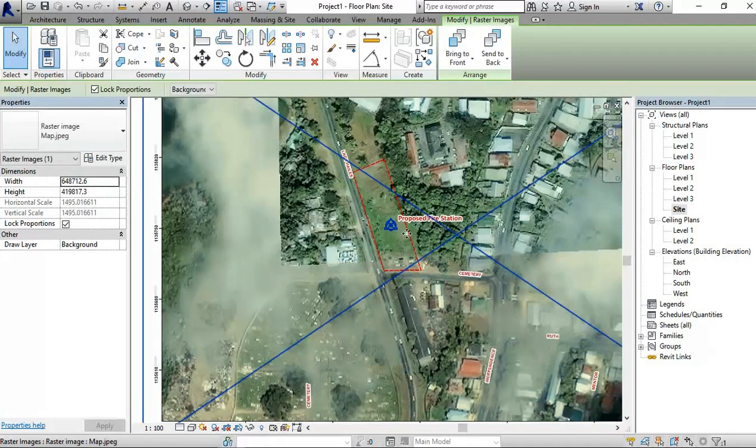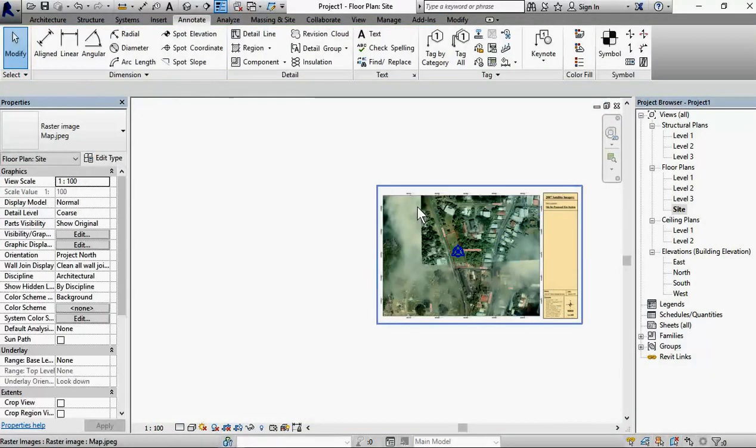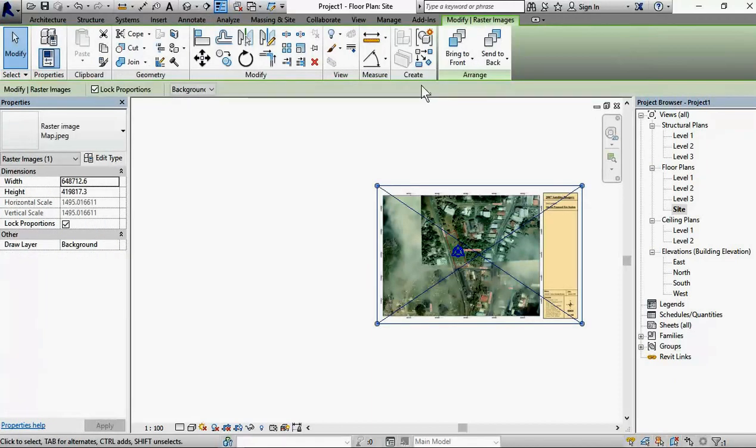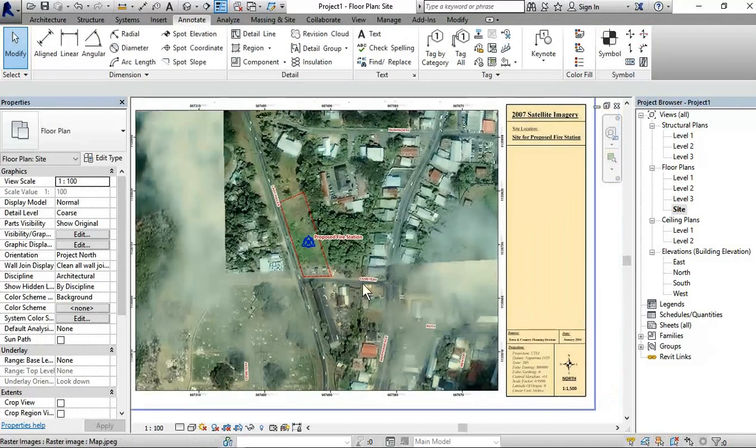It doesn't have to be exact. It will be somewhere in the middle there. And select the image again, and in the modify tab, this item here, pin, locks it. So you can't move it even if you try to. Okay? So what I'm going to do now, I'm going to map out the roads